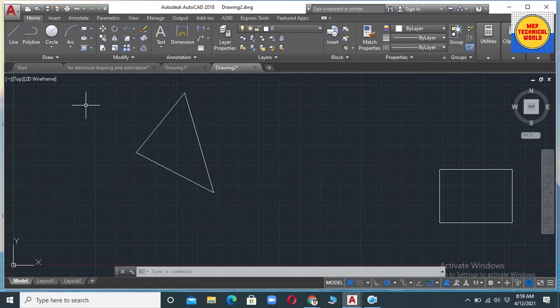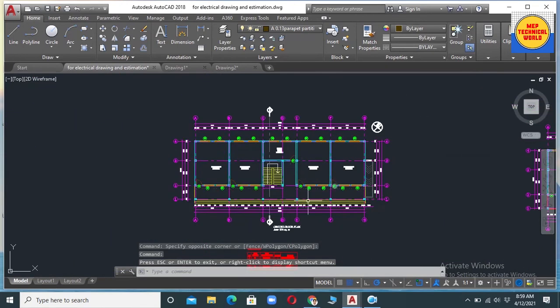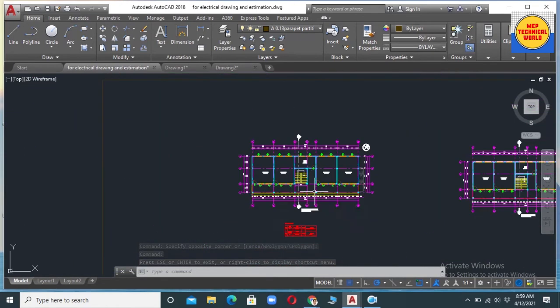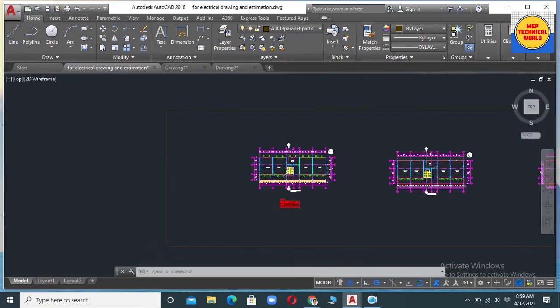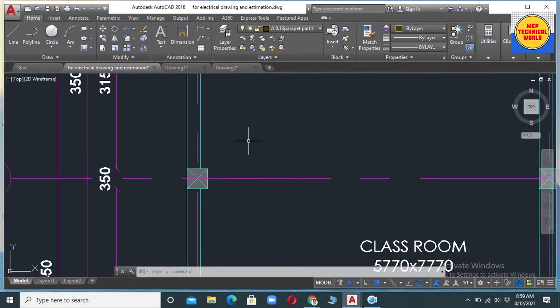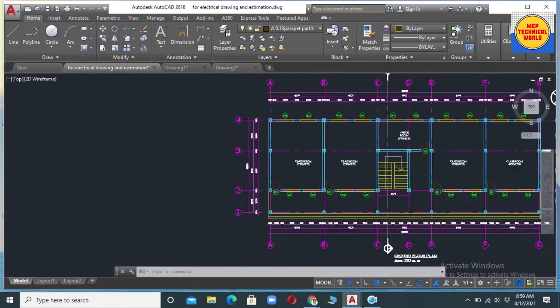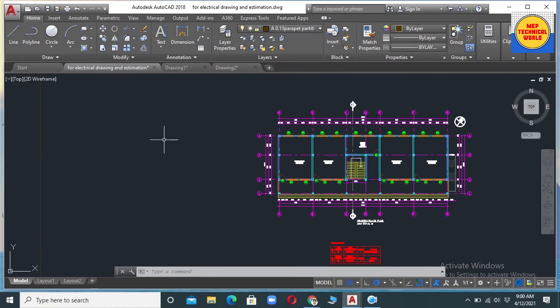Here we are on the architectural layout of a school. Actually, this is the plan for a school. Now let's place the power socket and switch. For that, let's make the legend or symbol for the power socket.